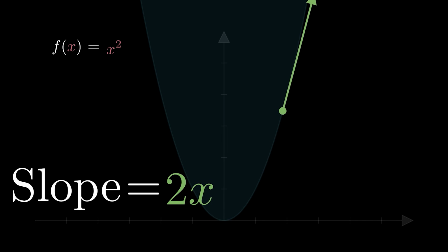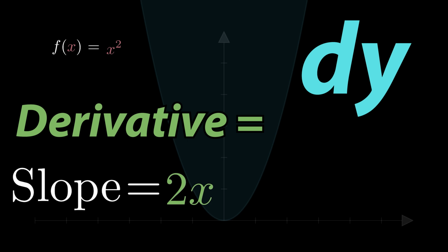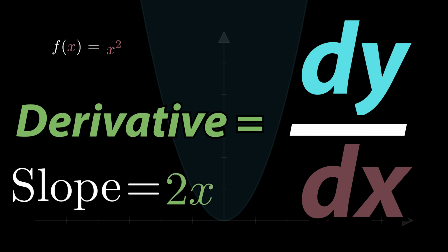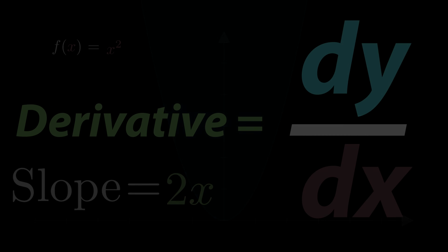Now this, the function describing the slope of a different function, is called the derivative. And we use the dy divided by dx notation to note it down. So dy divided by dx of f of x is just the derivative of function f of x. So the derivative of x squared is equal to 2x. And this way we can calculate the instantaneous slope of any function and precisely describe just how much they are going up and down. Or in other words, just how much the function is changing. That's what I adore about calculus.